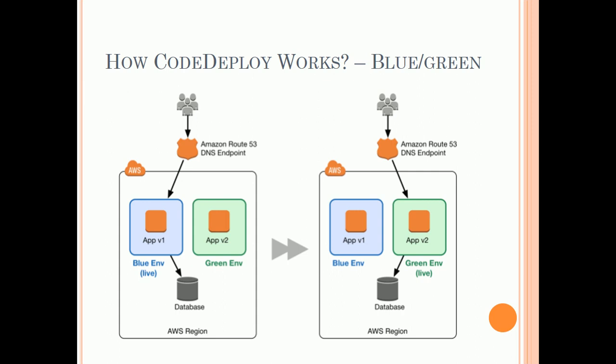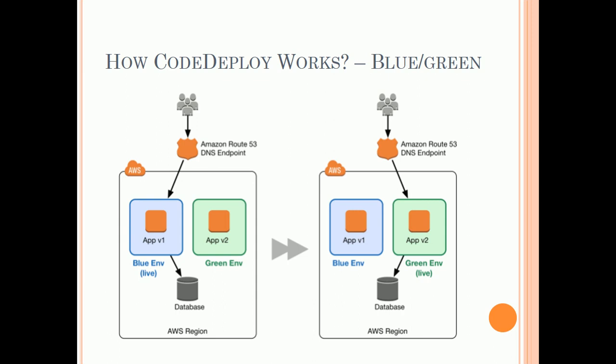We can also pause the deployment and run our tests in the replacement environment. Once we are sure that the green environment is now production ready, we can switch the traffic from blue to green. We can shift the traffic all at once, or we can do it with a weighted distribution. Once the traffic is routed to green, then green becomes the new blue environment. Instances in the original environment, that is the blue environment, are deregistered and handled according to a specification in the deployment group, either terminated or kept running.